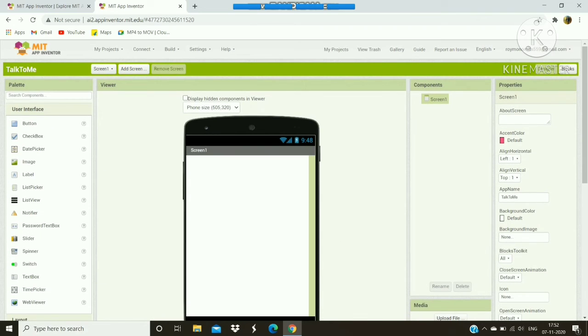So you are in the designer window, where you lay out the user interface of your app. That means the visual appearance, how your app is going to look. The design window, or simply designer, is where you lay out the look and feel of your app and also specify what functionalities it should have. That means what functions an app should have.